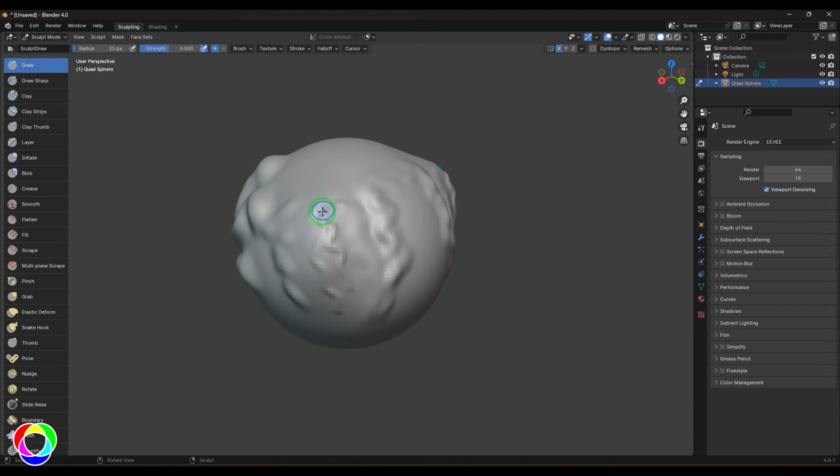Okay, then you have the strength here, which is the amount of displacement you're getting there. So strength of 1 is displacing a lot, whereas the strength of 0.1 is giving a very subtle displacement over the model. So to get a result, I have to rub it so many